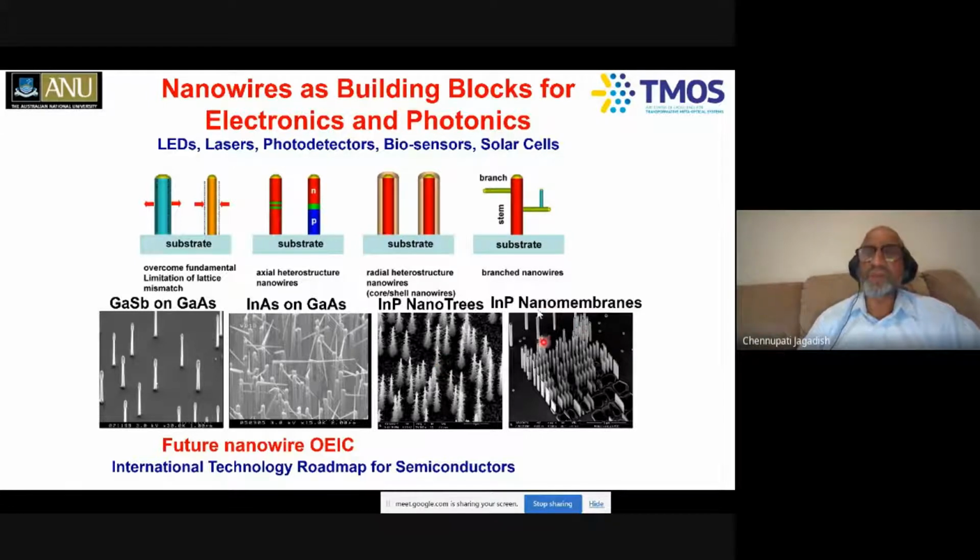Also, we are moving from nanowires to nanomembranes, nano rings and other things, which I will come back to and share with you. Of course, people have been using nanowires to demonstrate LEDs, lasers, photodetectors, biosensors, and solar cells, and I will share some examples. But most importantly, IBM Zurich has recently demonstrated indium gallium arsenide nanowire transistors on 6-inch wafers of silicon, indicating that in the future nanowires will also be used for electronics applications.